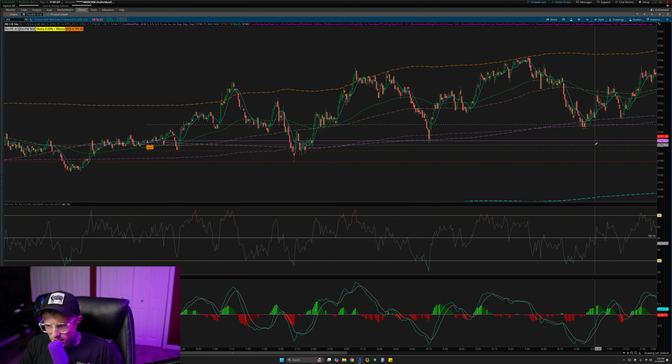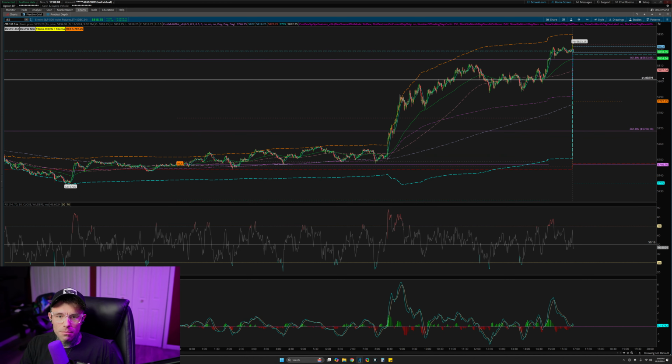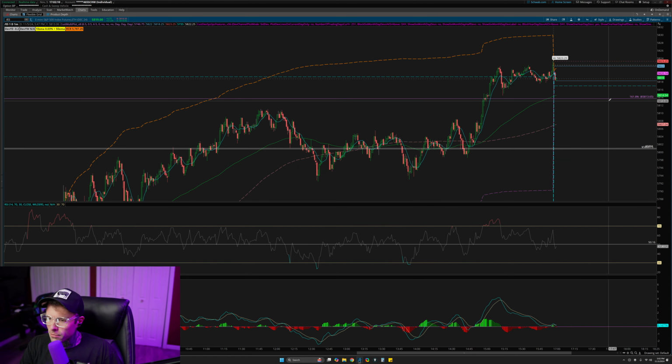And then again, we magneted back down, or back up, I should say, to that 10 SMA. And those are all really big pieces to confirmation and algorithms, right? They create magnets on moving averages. It's all about the psychology of the day. We have algorithm pre, so on and so forth. We got all these things that move together in big baskets, right?